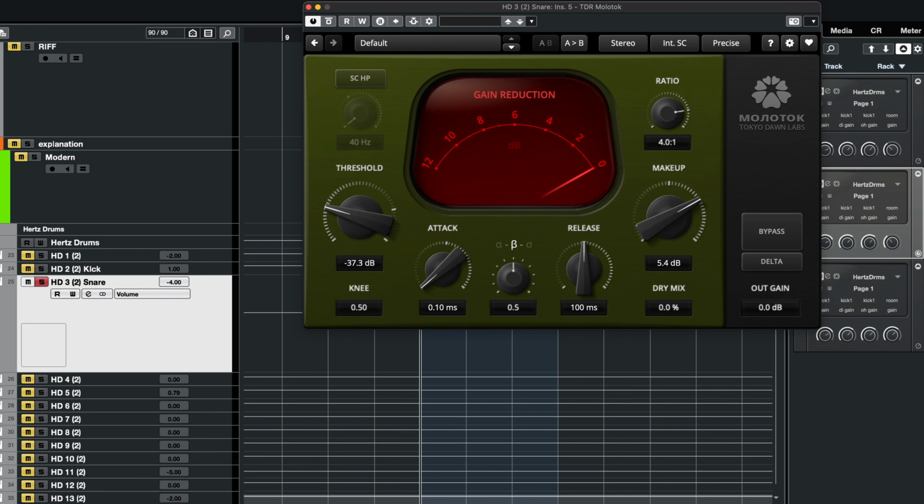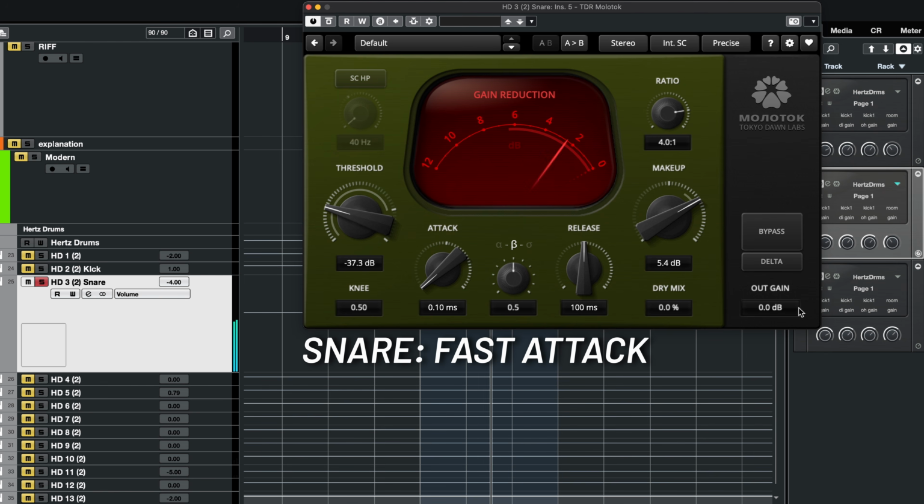If you're not sure how to start, use a ratio around 4:1, listen to the snare, leave the release at noon, and just make extreme settings of the attack, and then you will hear the difference. So the fastest and the slowest, right? Yes. Let's try that. I'll quickly alternate between the fastest and the slowest attack setting, while keeping the gain reduction at around 6 dB with the threshold knob, to be able to hear the effect clearly.